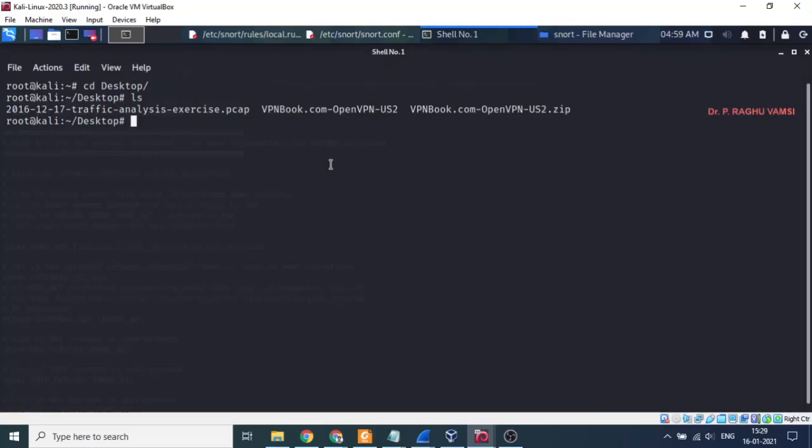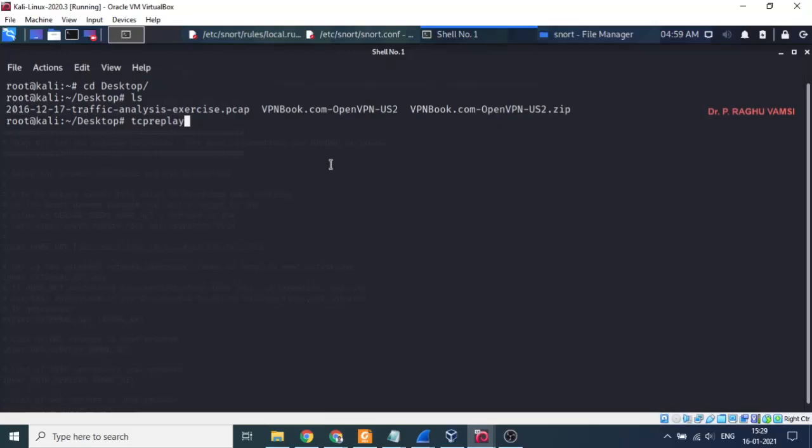In order to do this, we require a tool called tcpreplay. This tcpreplay is a tool which will help us to run the PCAP file as if it is happening from our computer.